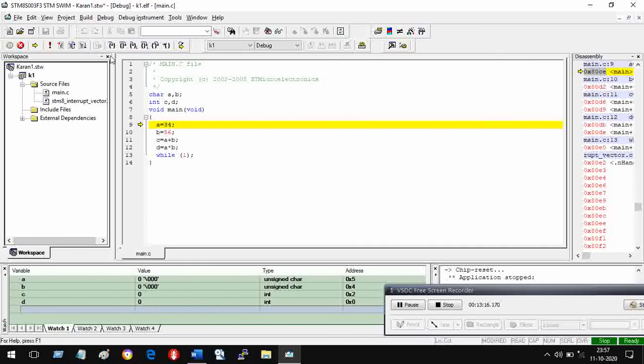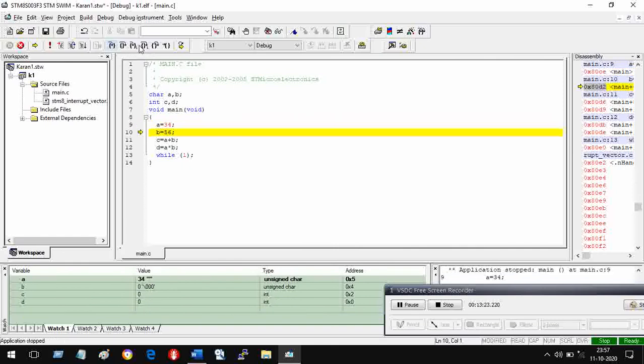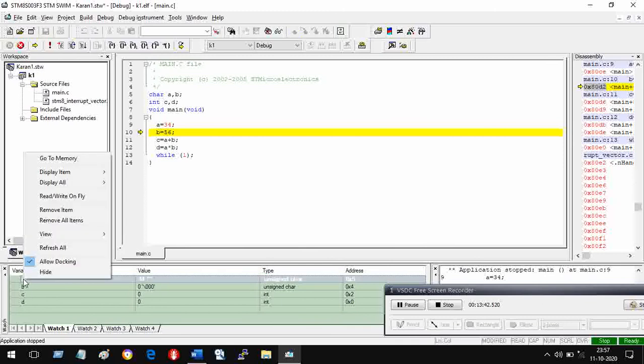So I take just one step into this. So when I do this, A is given a value equal to 34, and you can see here down below, A has become 34. Okay. Now you can see something written after the value also, and you decide how you want to see that value. So what we will do is display item as decimal.